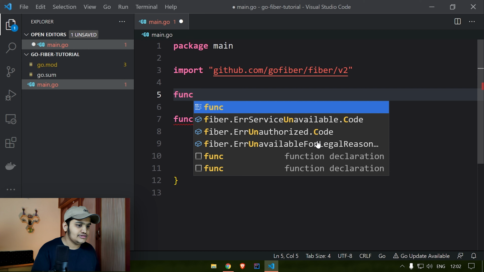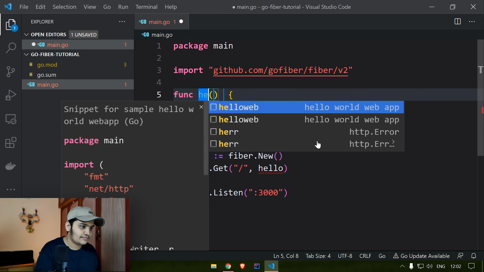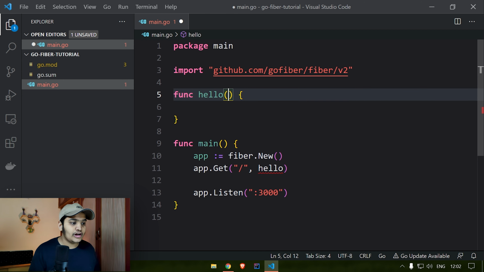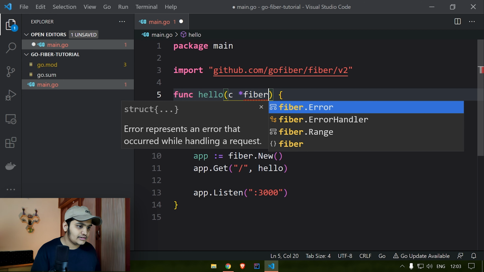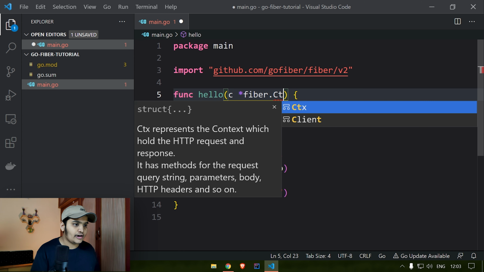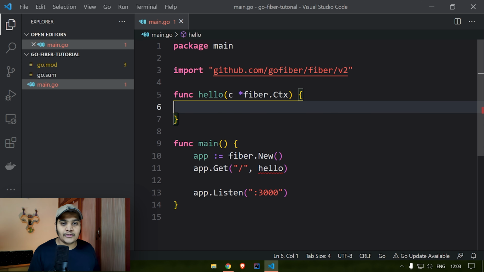I'll define function hello. This hello function will take the context of the Fiber framework, so we need to add this. I'll say context c, and it will take the pointer of fiber.Ctx. Now we can use this context to send the data, get the data and everything.